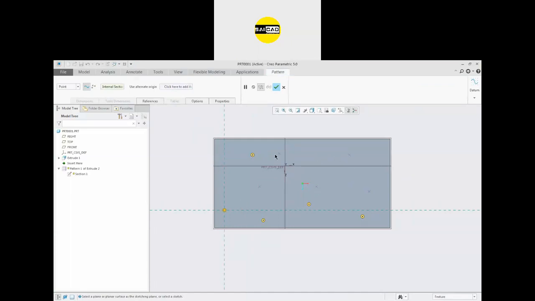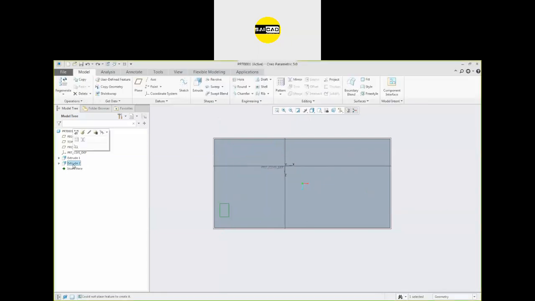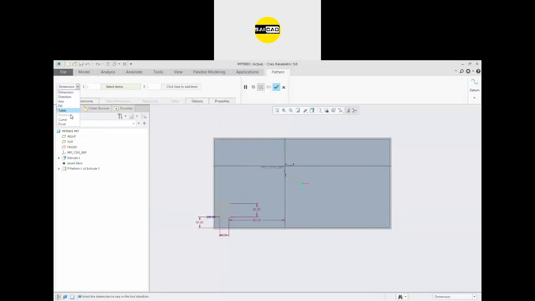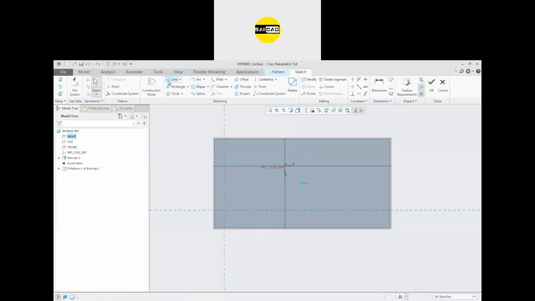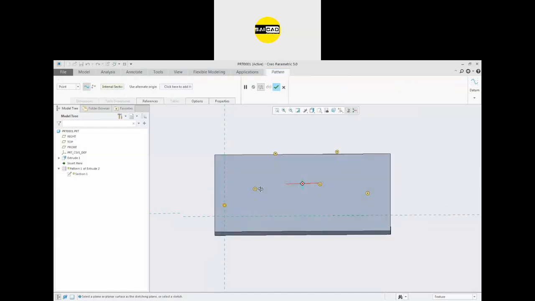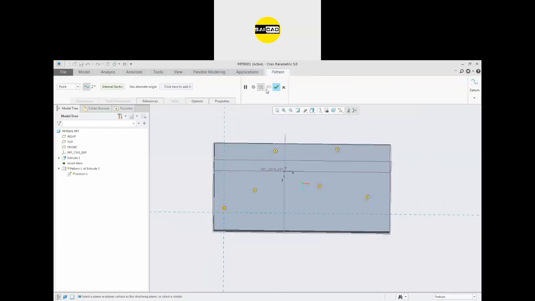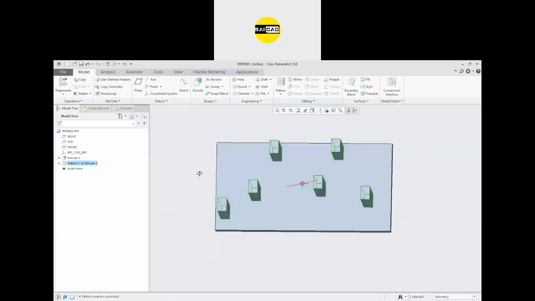So what is the difference? Because the points I have now created are the datum type, and the point I created earlier was the sketch type point. They will not be considered as the reference. Again, we select the object, go to the pattern, go to the point, and go to reference, define a sketch, and there you have to create some datum point, not this point. Go to the point, define the location, click OK, and this is the point which is selected as the reference location. You can just click here and the object is created like that.